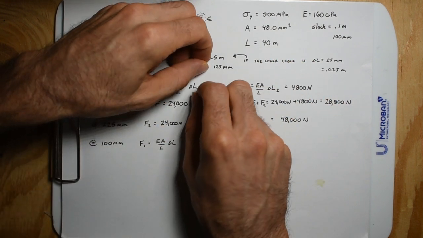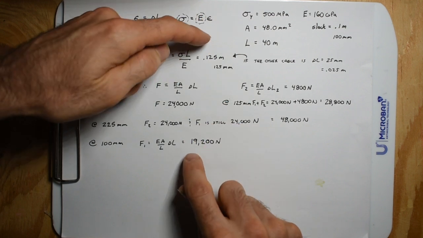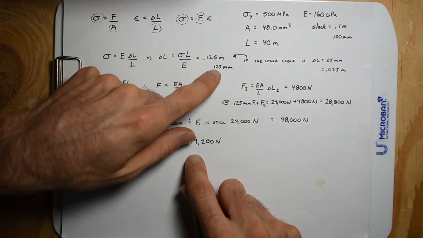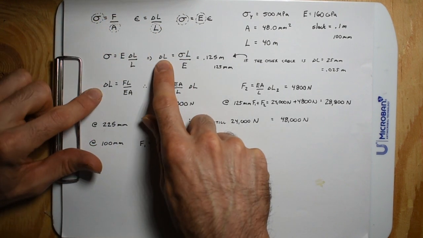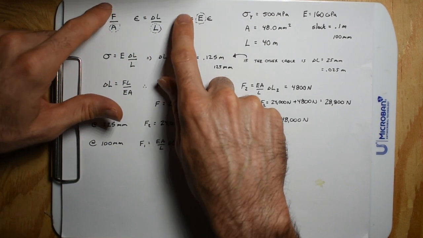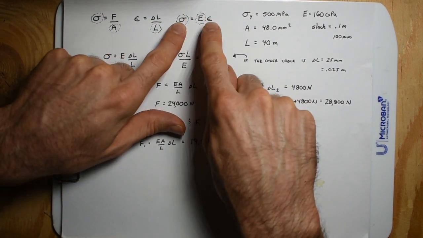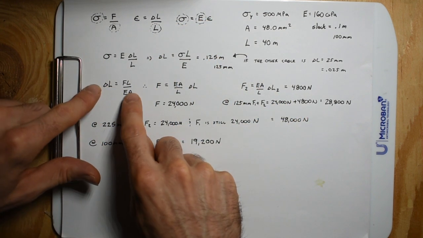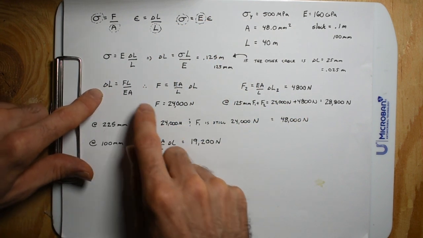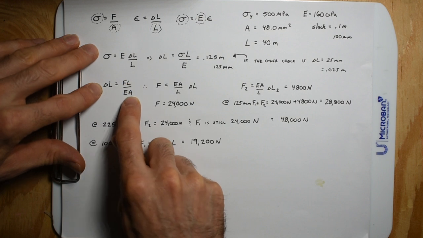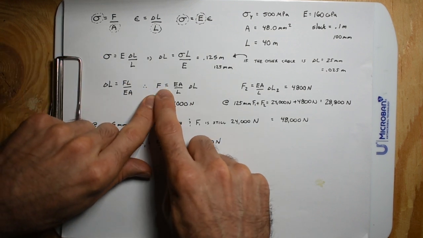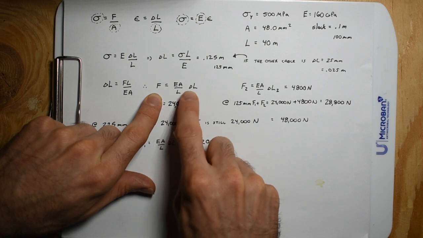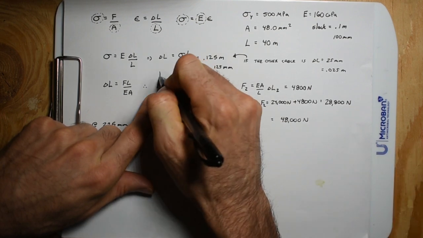That first cable, if you change its length by 125 millimeters, it is already producing the max force. So then you can say, hey, this is force over area, this is change in length over length, and this is E, and then you can solve for this change in length. So change in length is FL over EA, and then you can rearrange and get the force equation and write it like this: force equals EA divided by L times change in length, because this is synonymous with the